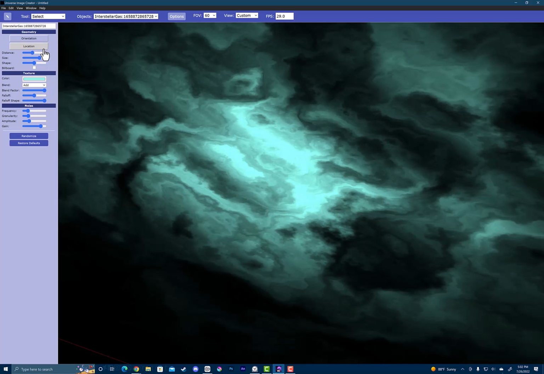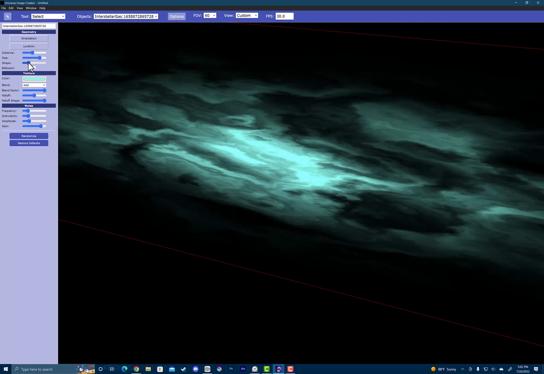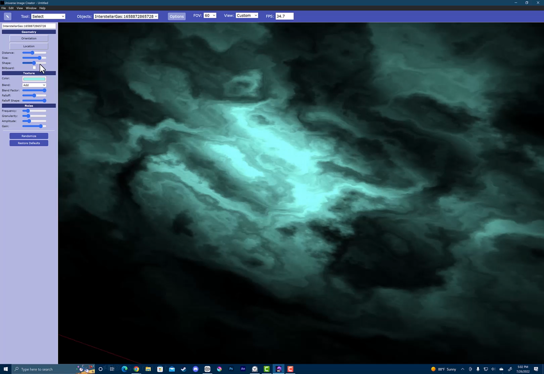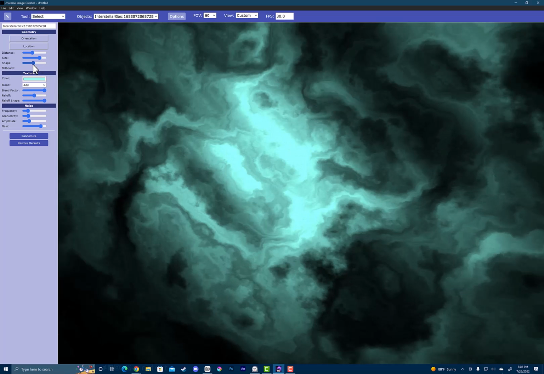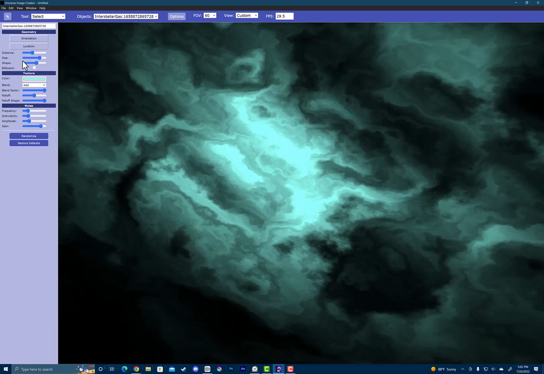There we go. And the last one of these is shape. So shape is just what it sounds like. It makes it wider, it makes it thinner. It just changes the shape of your interstellar gas. And then once you have what you like, and you're all done with that, the last thing under geometry is